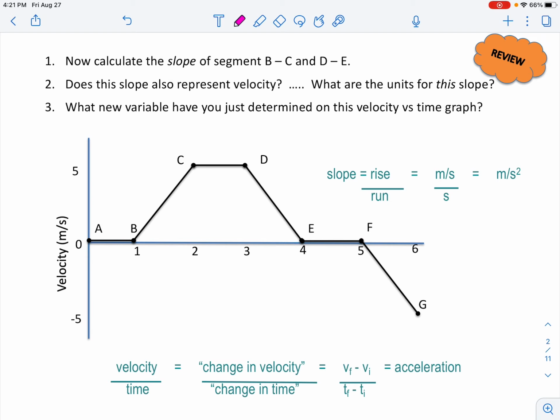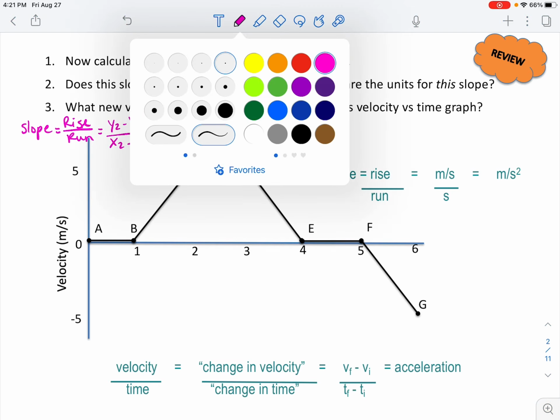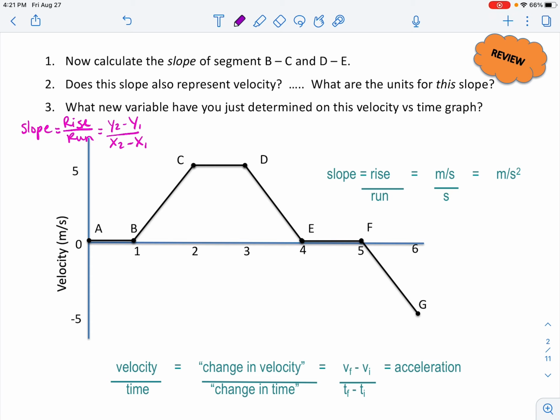So if you are sitting in math class, you will calculate your slope by using rise over run, or you might be used to saying y2 minus y1 over x2 minus x1. So that is our format for calculating slope in general from a graph. If we were to calculate the slope value for segment BC,